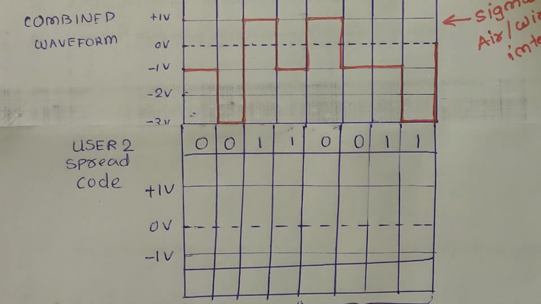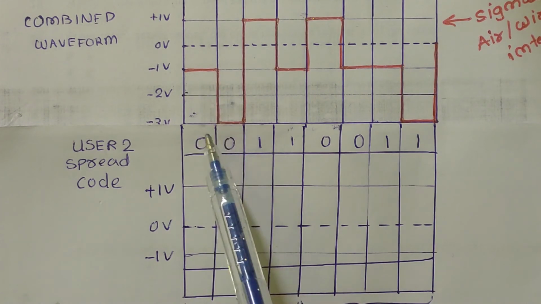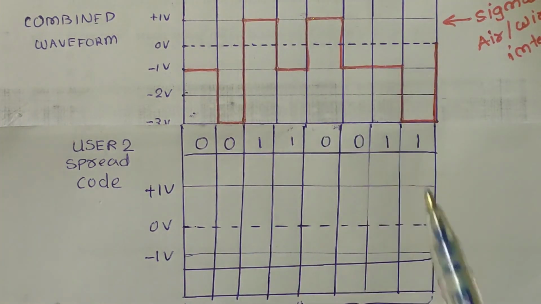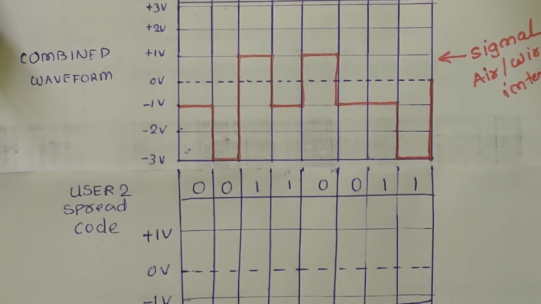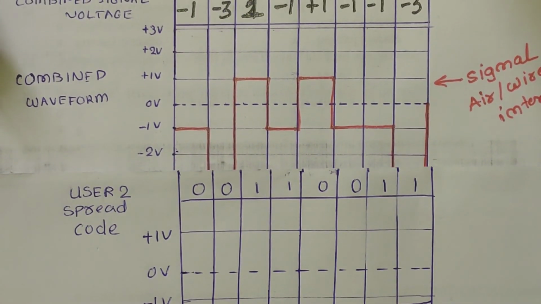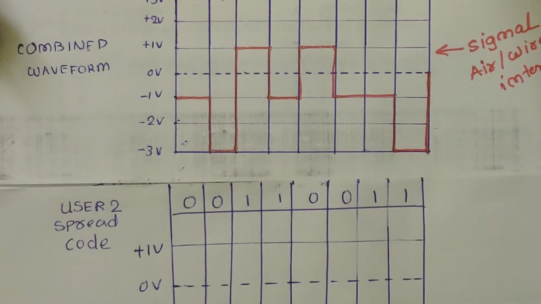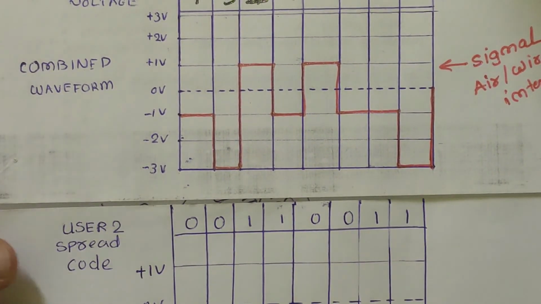Alright, so now let us retrieve our data at the receiver side. So we are at the tower, and we already know the code of user 2, that is the spreaded code, right? So as you can see here, we have derived this particular signal. Fine. So this is my derived signal, and let me just get this a bit down so it will be easier for you, right?